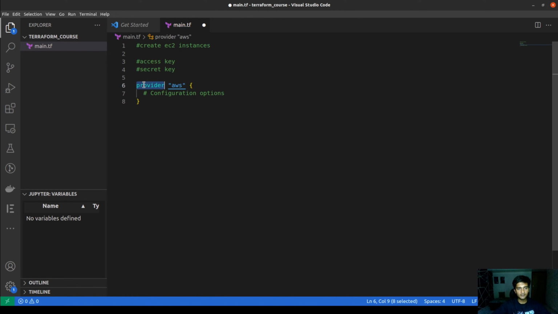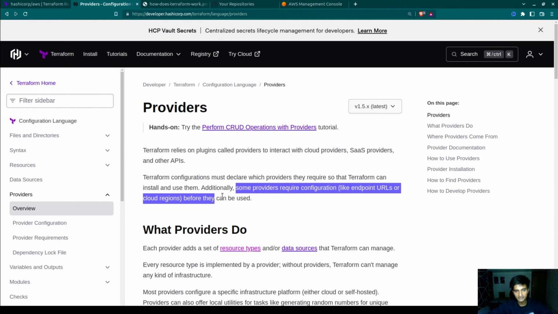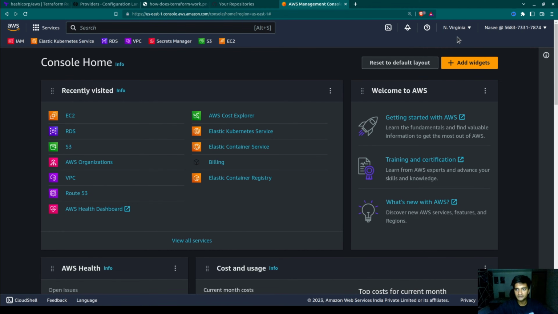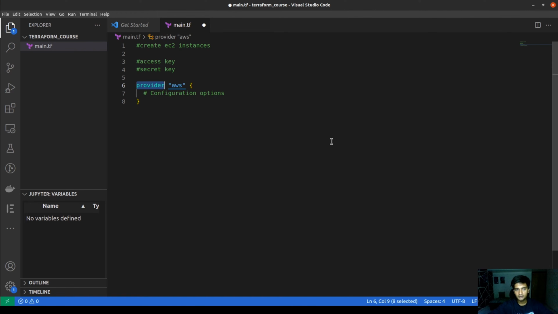Alright, so provider AWS has been defined, but inside this there are configuration options. And if you go back to the documentation again, it says some providers require a configuration like endpoint URLs or cloud regions before they can be used, which is very much true. If I want to create resources or an EC2 instance in AWS, I need to first select what region I want to use. Do I want to use North Virginia or Mumbai or Pacific or anything like that? So I'm going to first define what the region is. The region is going to be